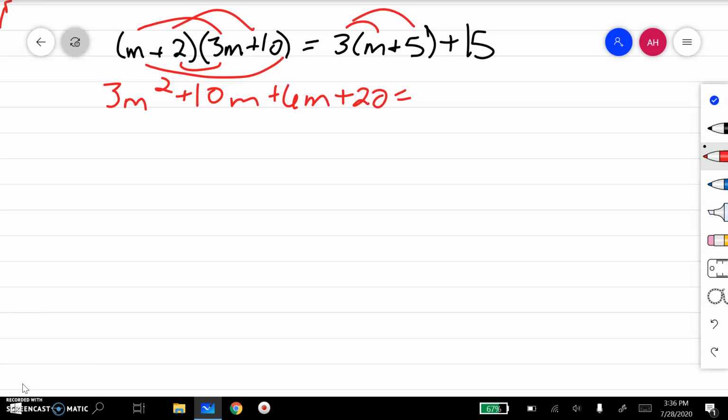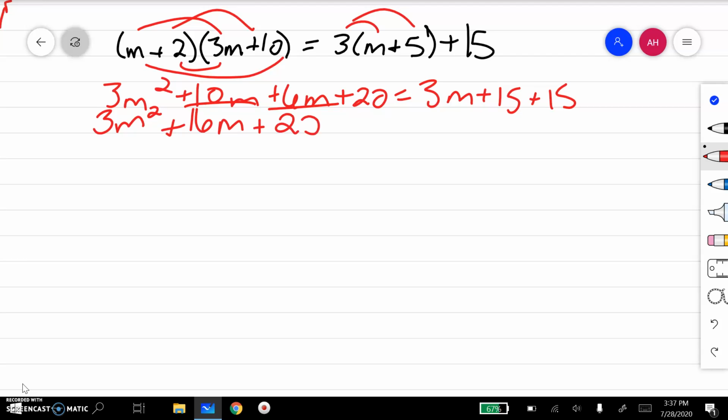On the right side, we're going to distribute the 3. We get 3m plus 15, and then the other plus 15 on there. The next thing you want to do is combine like terms. So we've still got the 3m squared, but I can combine 10m and 6m to get 16m. And on the right side, I can combine my 15s